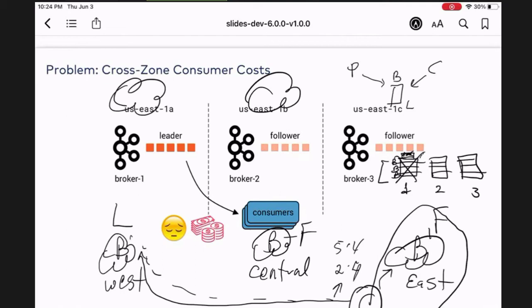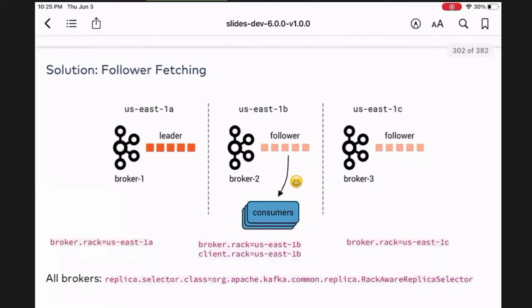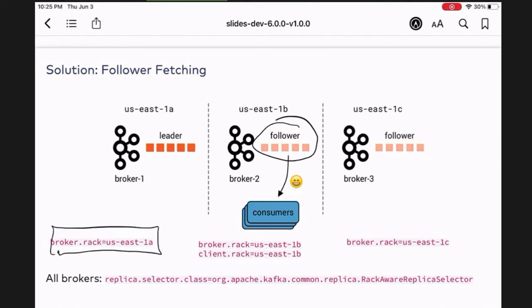By default, the consumers are only able to fetch from the leader. But in a newer release, as of 2.4, we allowed the consumers to fetch from the followers. So the consumer can now fetch from the follower, and the consumer is happy, right? But you still have to have these broker rack properties set. Follower fetching was introduced in 2.4. You have the client.rack property for consumers, and brokers must also have the rack awareness configured, as we mentioned before.